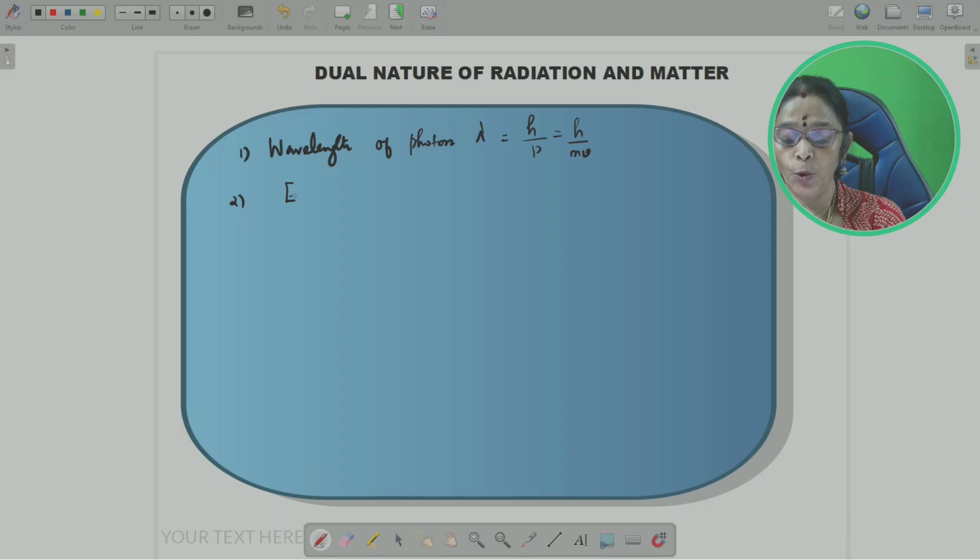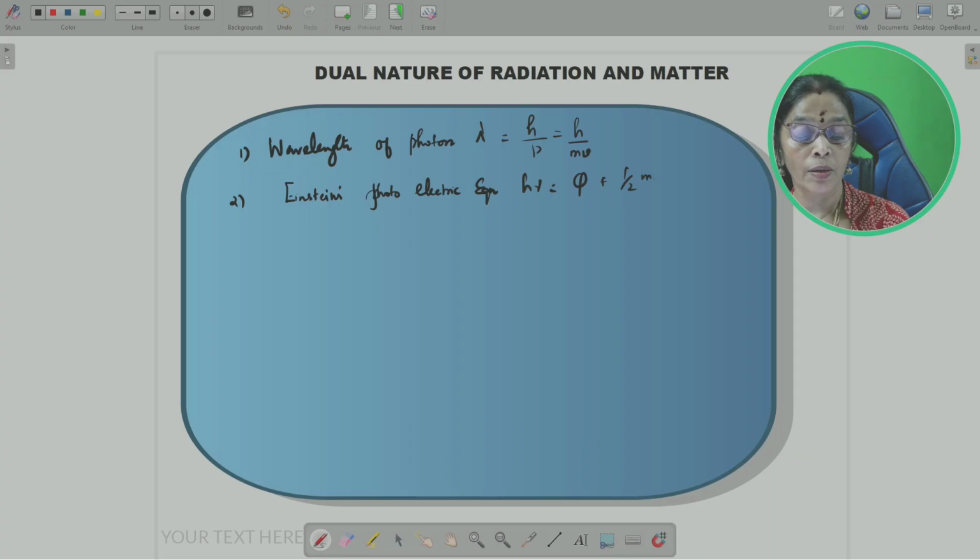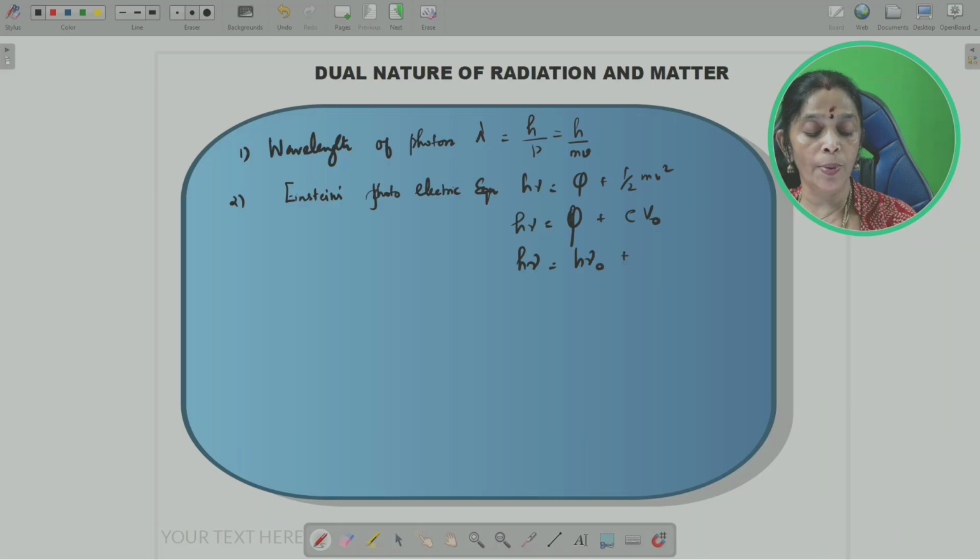Einstein photoelectric equation, recall it. That is h nu is equal to phi plus half mv square. You can also write h nu is equal to phi plus eV naught, because kinetic energy can be written as eV naught, or I can also write h nu is equal to h nu naught plus eV naught, where work function is nothing but